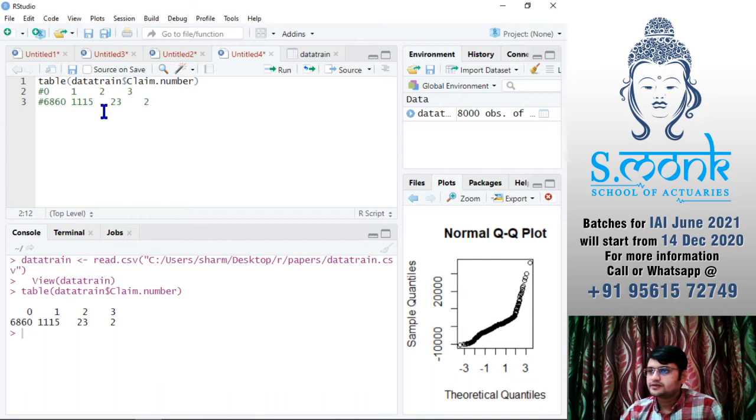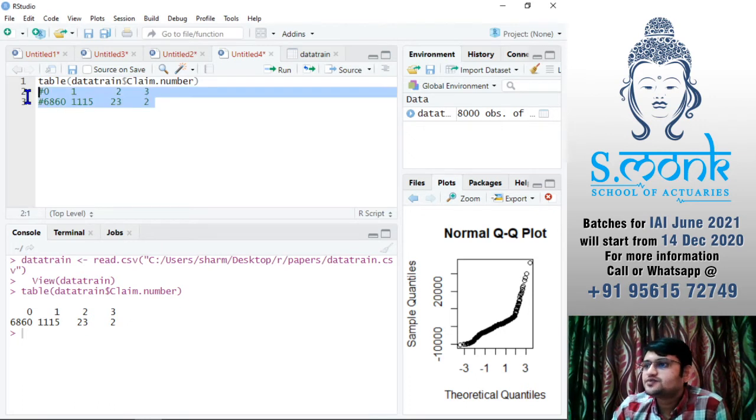Now clearly you have these many values of 0, these many values of 1, these many values of 2, and these many values of 3. Does that mean the maximum number of claims that we can have is 3? Of course not. We can go up to infinity. There is no restriction on how many claims you can have in a particular policy. So the possible values go to infinity, although the probability of that happening is very, very low. So we would take this as Poisson distribution.